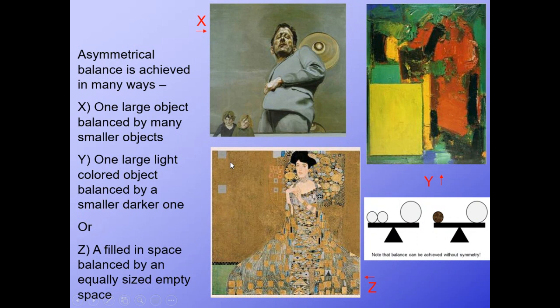We've got this example of a pretty large space that has very little detail in it balancing with a lot of detail. We have this example of smaller darker balancing a larger shape. So it's kind of interesting to think about how we can create a feeling of balance without having to rely